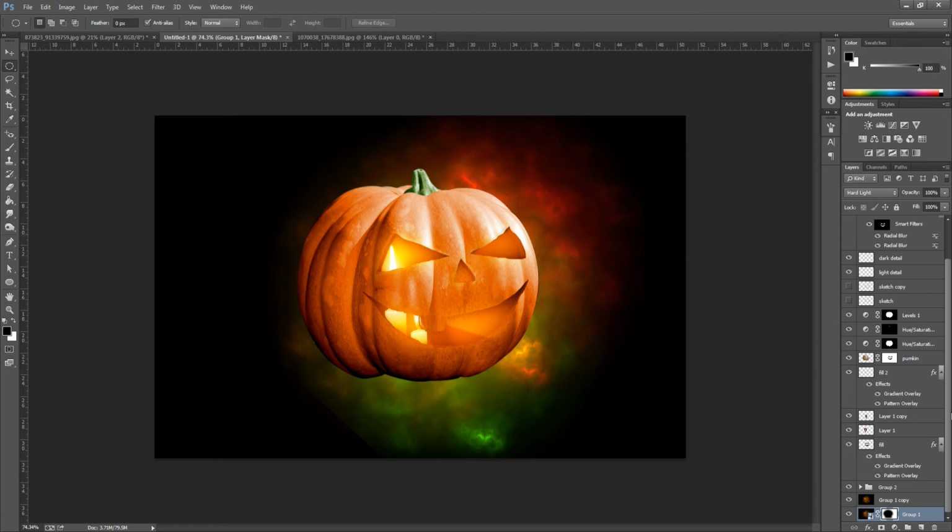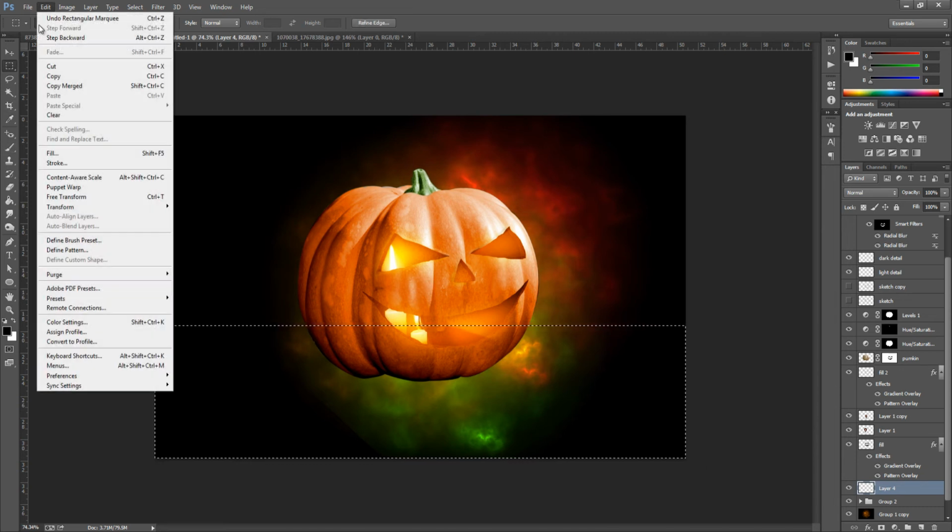So the next thing to do is we're going to make a new blank layer above the clouds group that we made, so click the new blank layer icon. We're going to go up to the rectangle marquee tool, and that's going to be hiding underneath the elliptical marquee tool, so click that. Black is your foreground colour, and we're just going to drag out the bottom here,